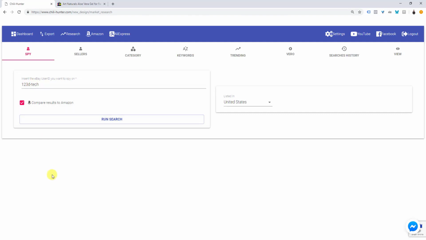the seller name. Now, if you are dropshipping from Amazon to eBay, maybe you would like Chili Hunter to automatically compare all the products, all the items to Amazon. If you are not dropshipping from Amazon, you don't need to compare results to Amazon. It takes much more time. So I'm going to click on run search, but before that I want to choose which marketplace I want to